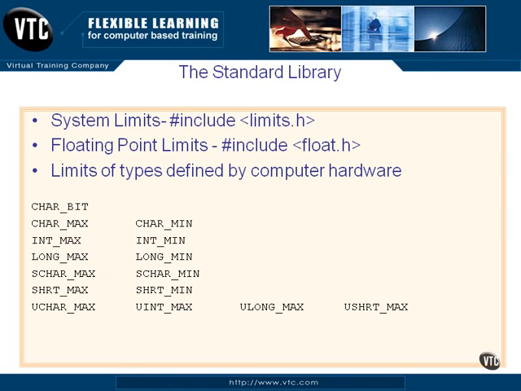And here's our last little piece of the standard library. This is limits.h and float.h. These macros for the preprocessor are actually just there so that you can use them should you need to know, or your program needs to know, what is the maximum value that a character or an integer or a long can hold, and then you can make possibly a decision in your code to use an unsigned or something like